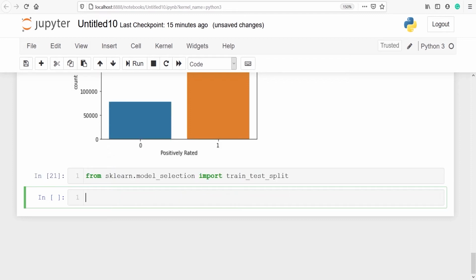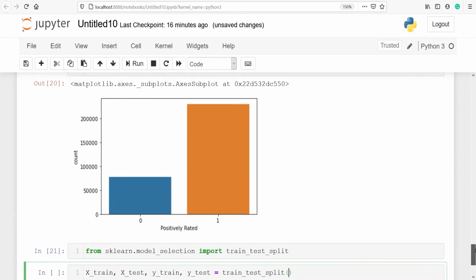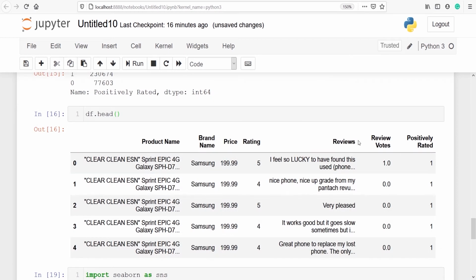Now I will make variables X_train, X_test, y_train, y_test, and then I will call this function train_test_split, and inside this I have to pass these two column names, reviews and positively rated.